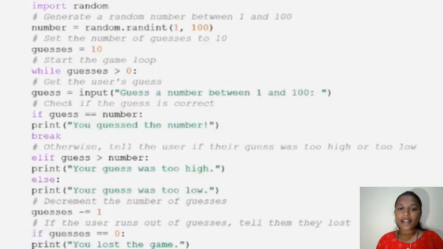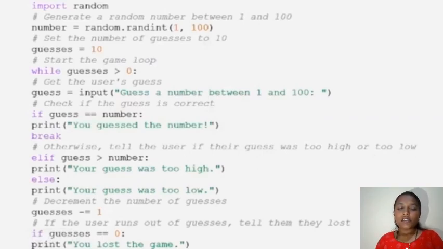Now we are going to start the game loop, while guesses is greater than 0. If the user is guessing, guess is equal to input, guess a number between 1 and 100. The compiler asks you to guess any number from 1 to 100. If your guess is correct, if guess is equal to number, print you guessed the number.